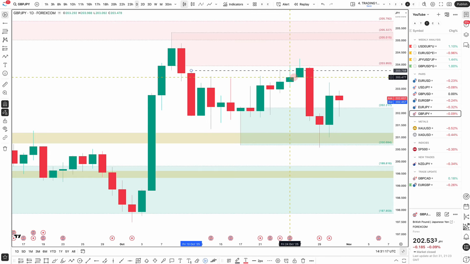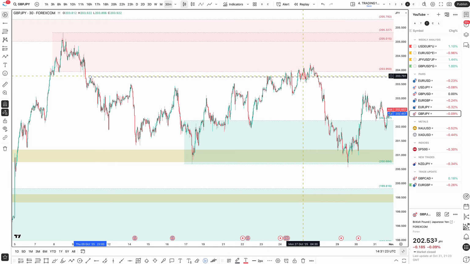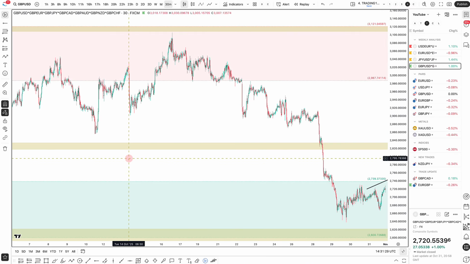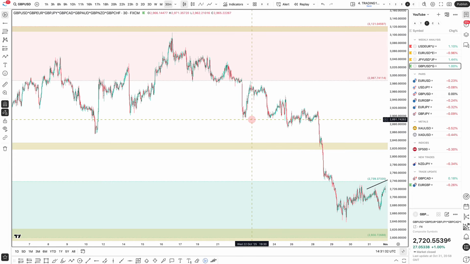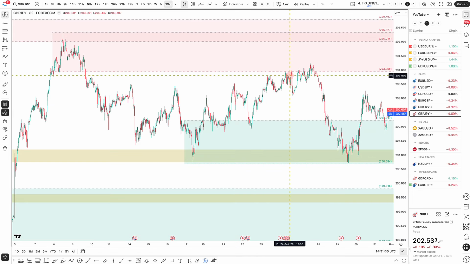So whenever I'm looking for a trade, and this actually turned out to be a really nice stop hunt trade, I was saying to the guys in the group, the stop hunt happened around here. But at the time that this was happening, if you look at the pound index, it was actually on the expensive side. So let me just go back to the pound yen. It was Friday the 24th of October around here into Monday, right?